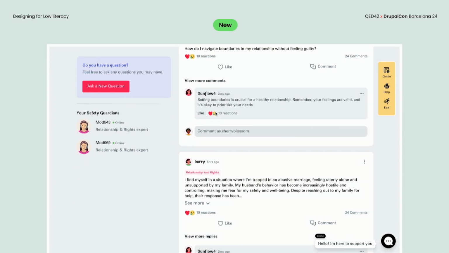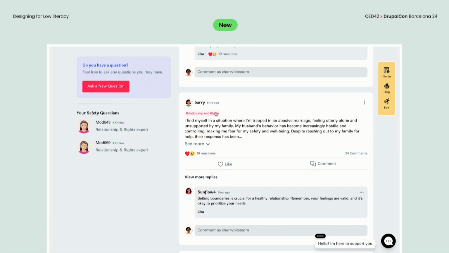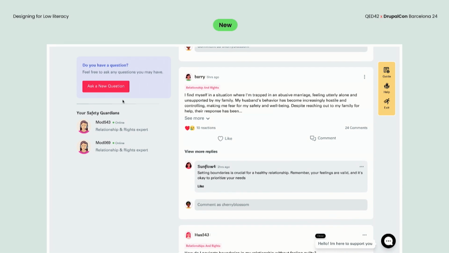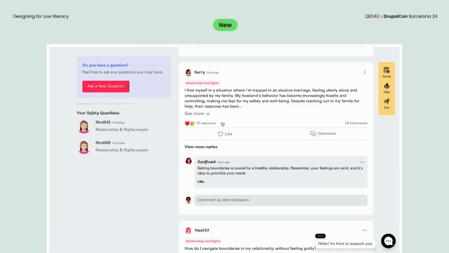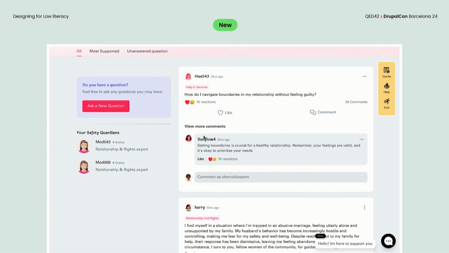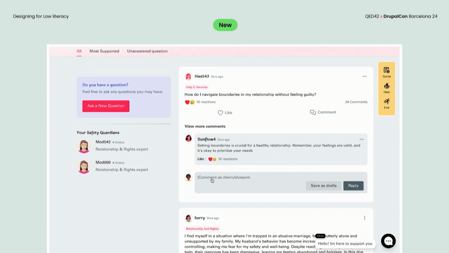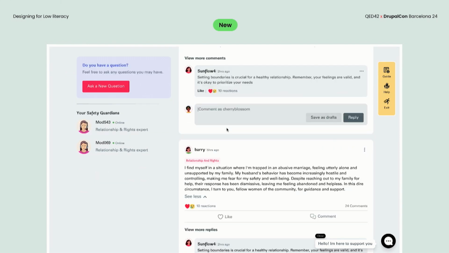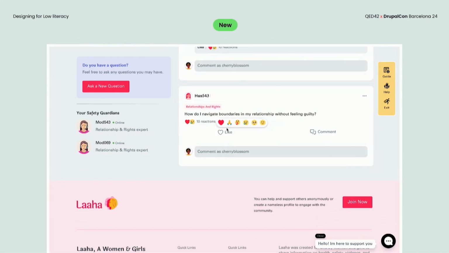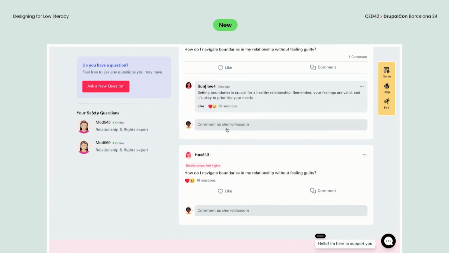Then when you navigate through the questions, you can see them one by one, and on the other side you can ask a question whenever you want, and you can see your safety guardians, who are moderators. And if you want to react, you can react, and also you can comment on it. So we have also sorted out commenting here and there, here in the platform only, not going through a modal, or you can react also. So this was the new design that was simpler and easier to use than the other one.